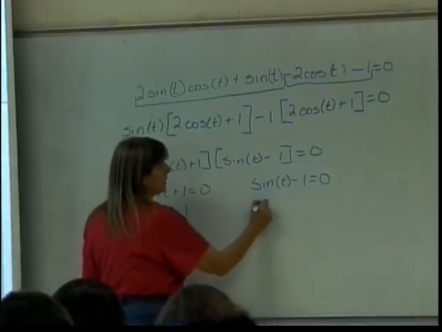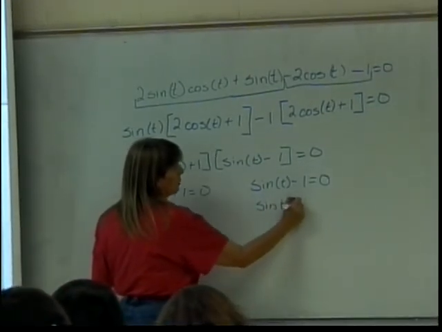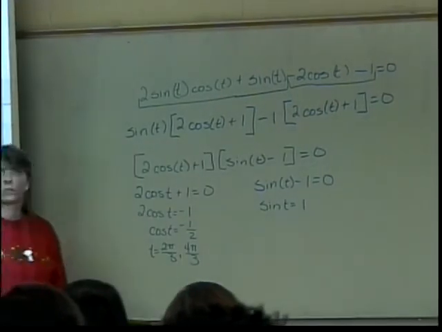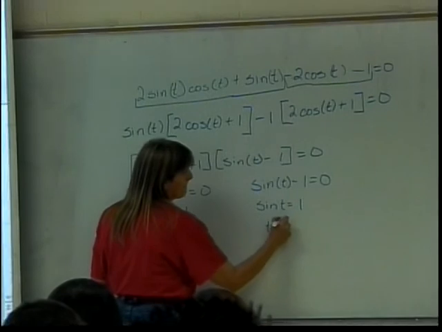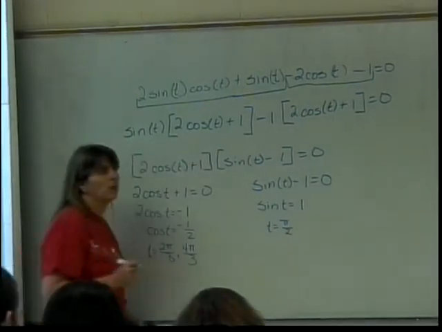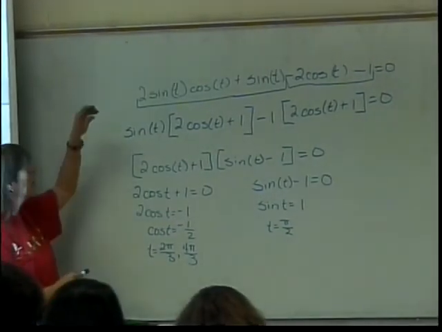Here I will have sine of t is equal to 1. Where does that happen? At pi over 2. So my guess is, well, except that